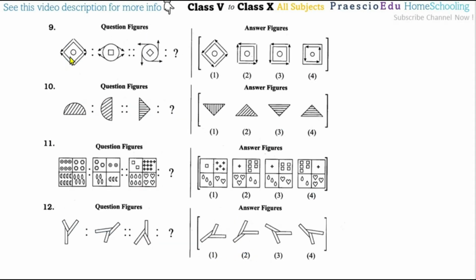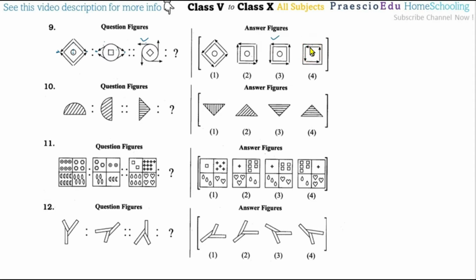Now question number 9. Here the square has a 90-degree rotation, but the arrow directions are toward the horizontal, at the same points. Here also on the right side, but at the center there is a circle. In the second term, this square is rotated by 90 degrees and comes in the center, but the center circle now comes to the outside, while the arrows are in the same directions, a single point on the left side and a single point on the right side. So we keep the arrows the same, and these arrows are shown correctly in option number 3.